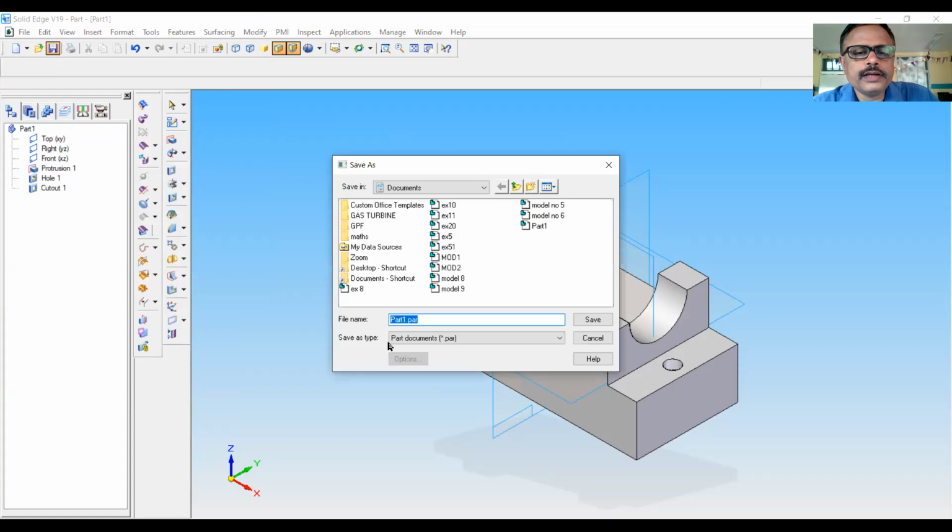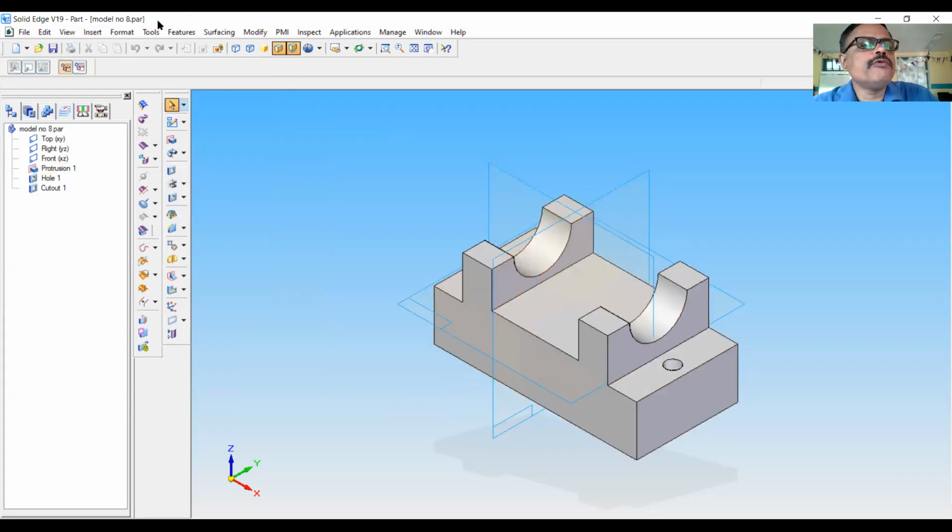Type the name as model number 8. You can give any name, only to remember that I am doing the model 8. I will give that name. Save. Now the file is saved with .par extension. That means it is a part file.